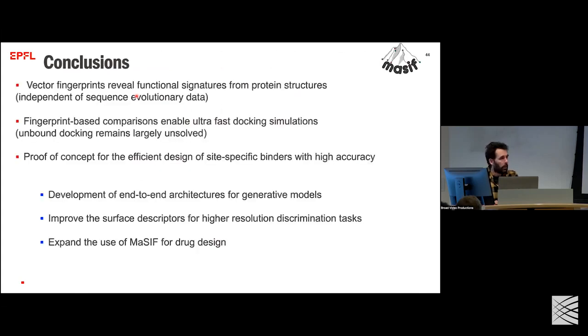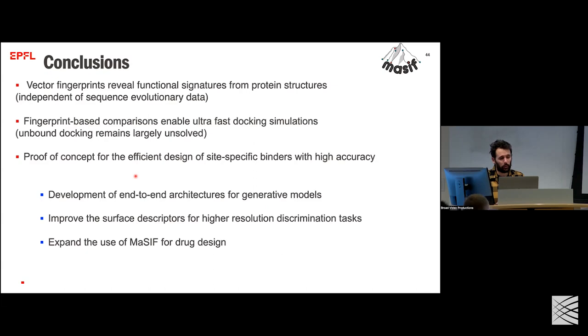Okay, so I think I will just stop here for today, because I think I gave you enough. And if we want to discuss, I hope that I gave you enough themes that you have doubts and questions about. But ultimately, what I've told you about in this second part was related to this idea of representing surfaces and surface features using vector fingerprints, and how we could actually learn from this data representation aspects about the function of these proteins. How could we actually use this for the efficient design of site-specific binders with high structural accuracy? And then again,